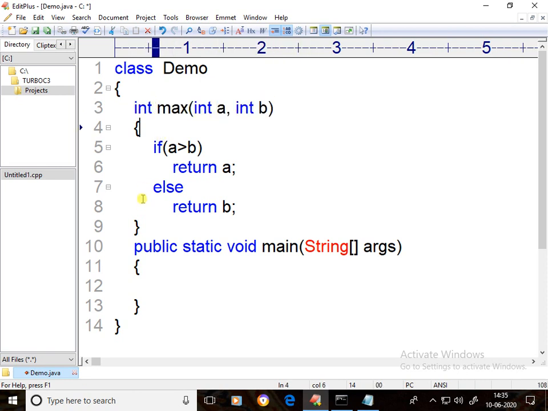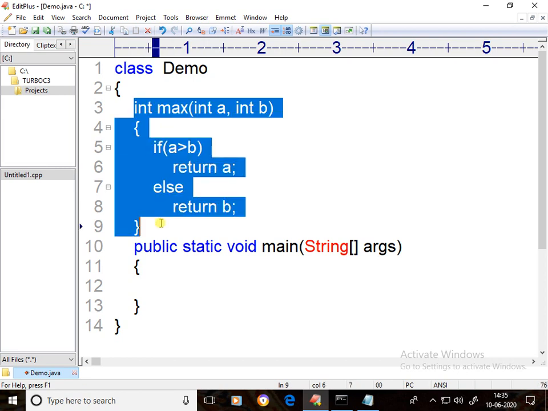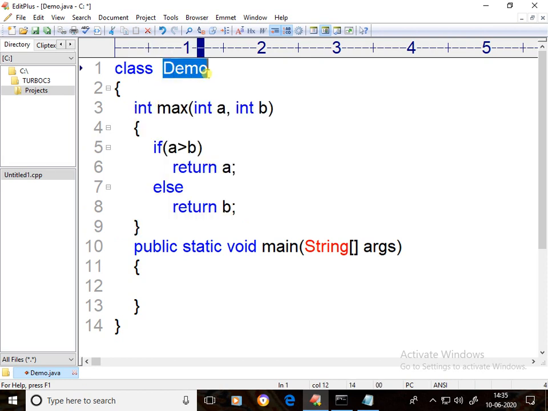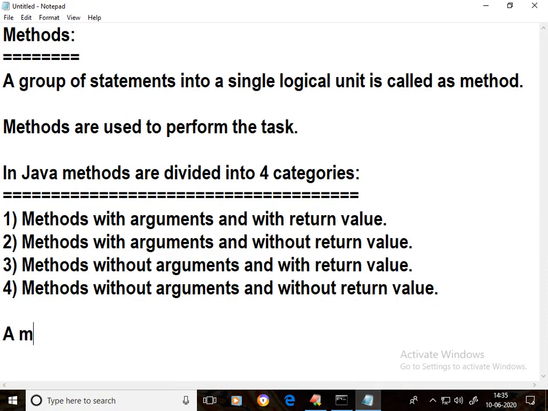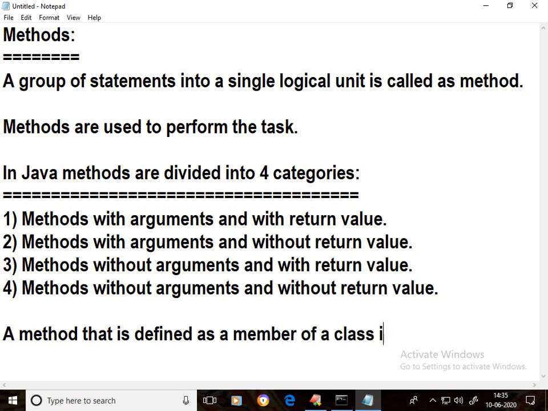This method is called an instance method. A method that is defined as a member of a class is called an instance method.